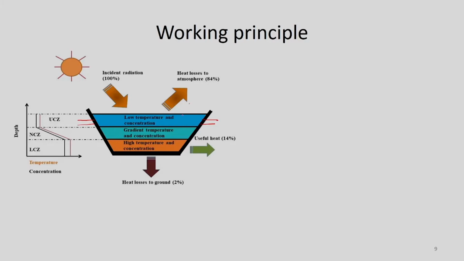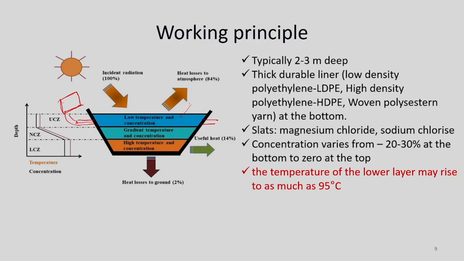So, when we provide fresh water, along with this, salt also moves, and then in order to use this salt again, we need to have a separate plant to evaporate the water present, and then we can separate salt and water, and then that salt can be used here again to maintain the salinity gradient. Okay. So, this depth is typically 2 to 3 meter,